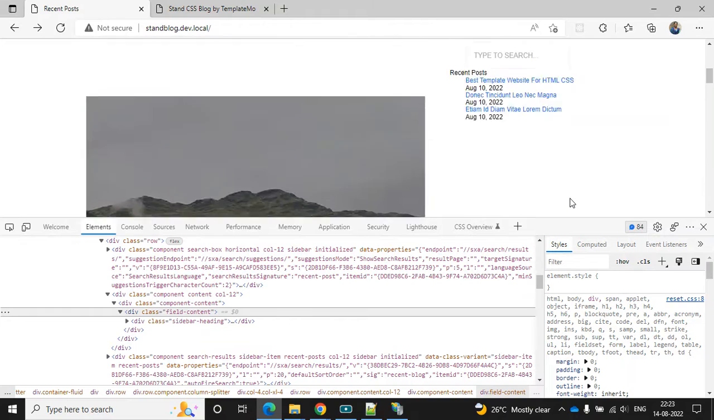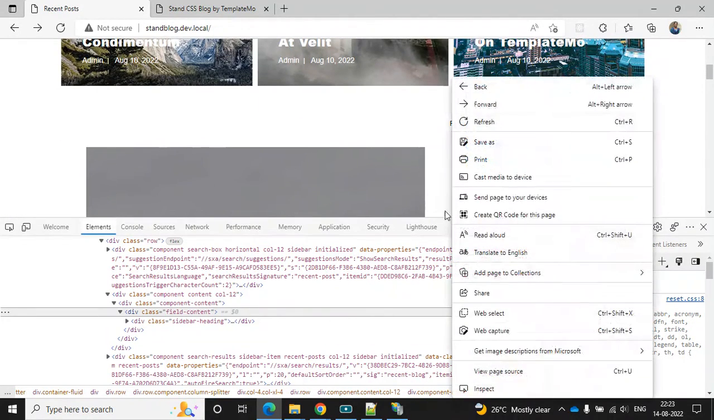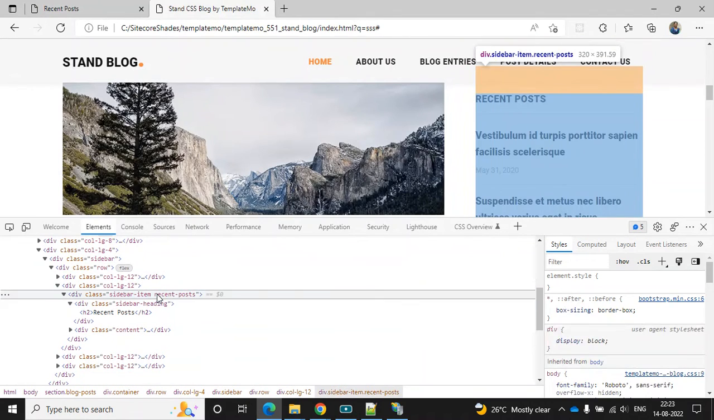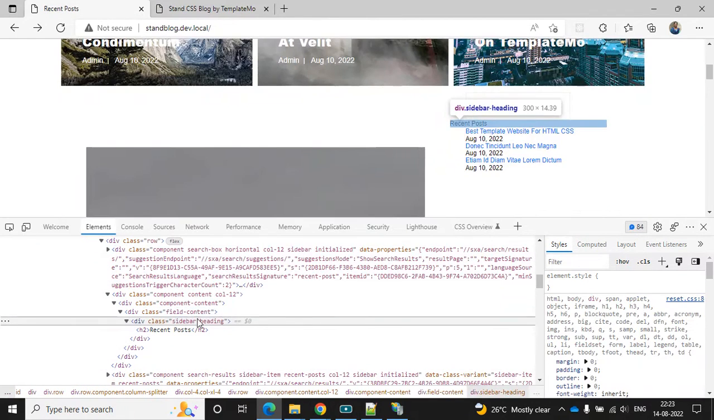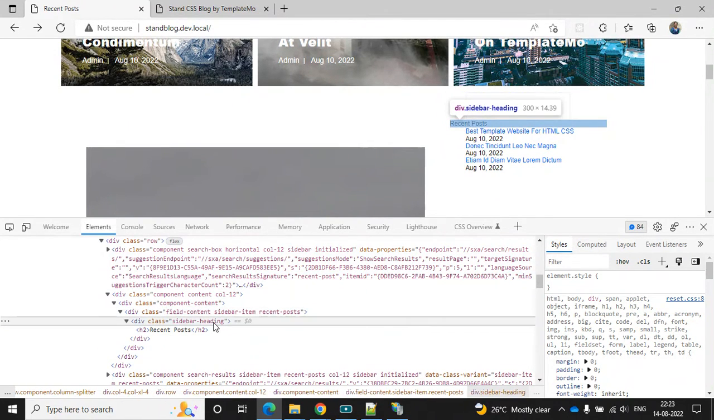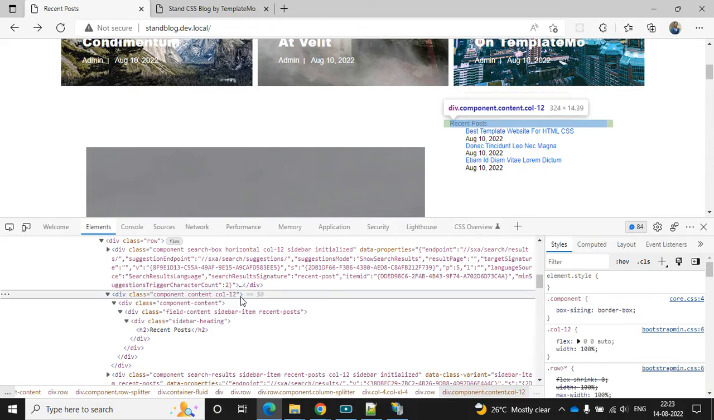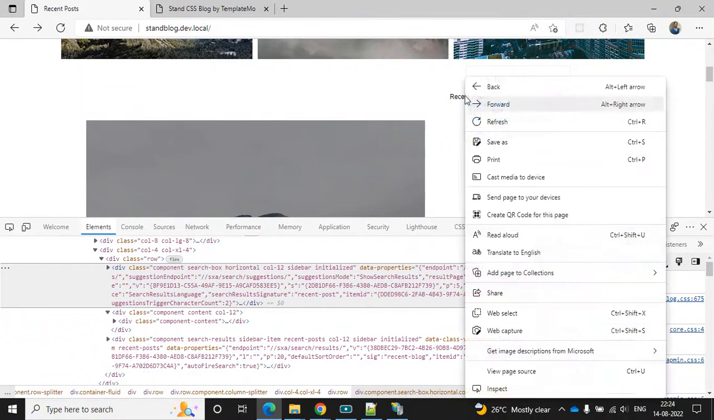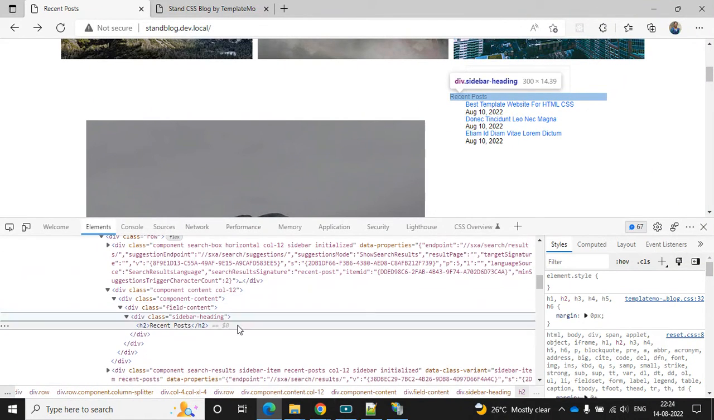There is that too. Still it's not updating the slider content. Okay, I think we have to add this class as well. So let's add the class here, and still it's not affected. So something is missing here. So the issue is